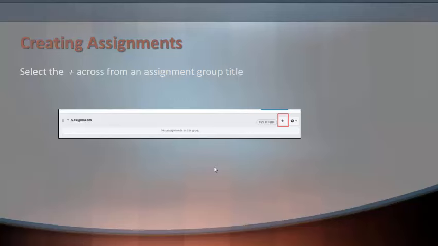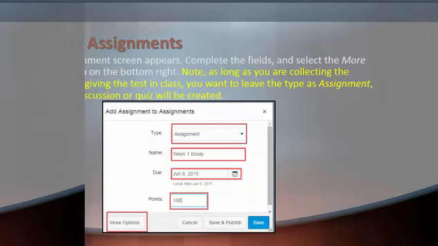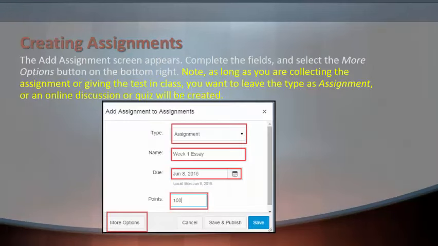So select the plus sign across from any assignment group title, and the Add Assignments screen appears. Complete the fields and select More Options on the bottom left.